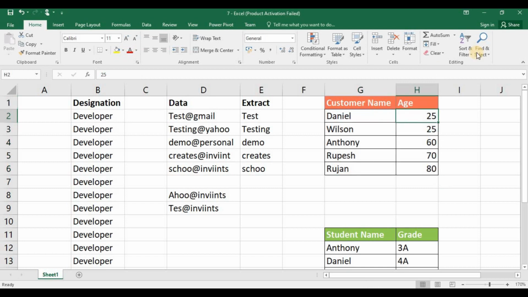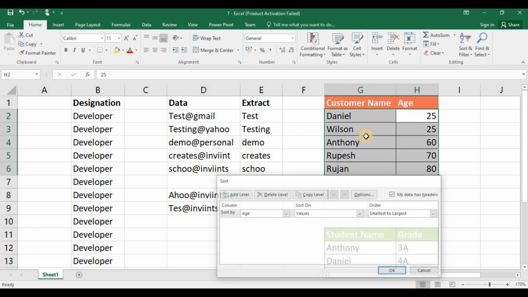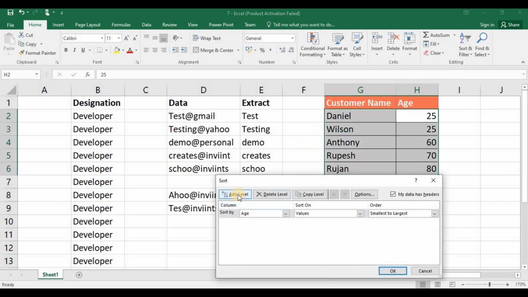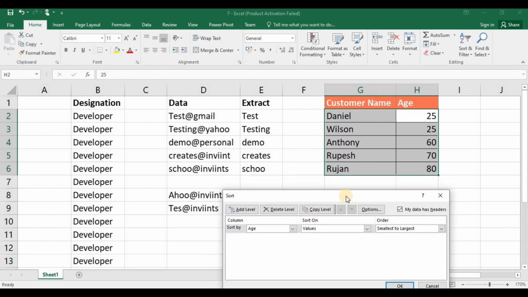In this custom sort window, we have multiple options. We'll see them one by one. First, open the custom sort window. First, we have the Add Level button. This will help you to add more sorting criteria. Suppose in our table, we have two columns. If we want to sort the data based on each column's data, we can use this.